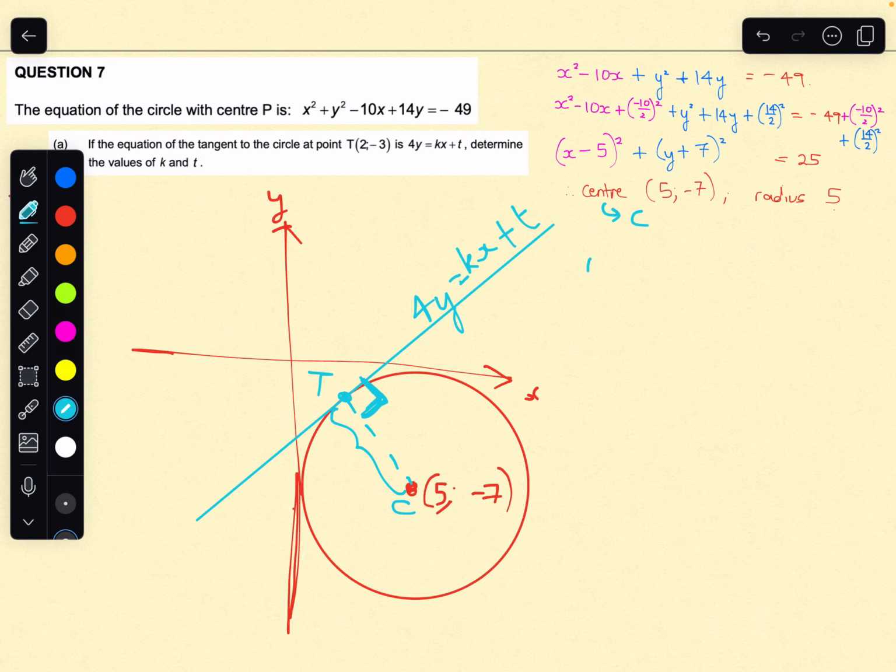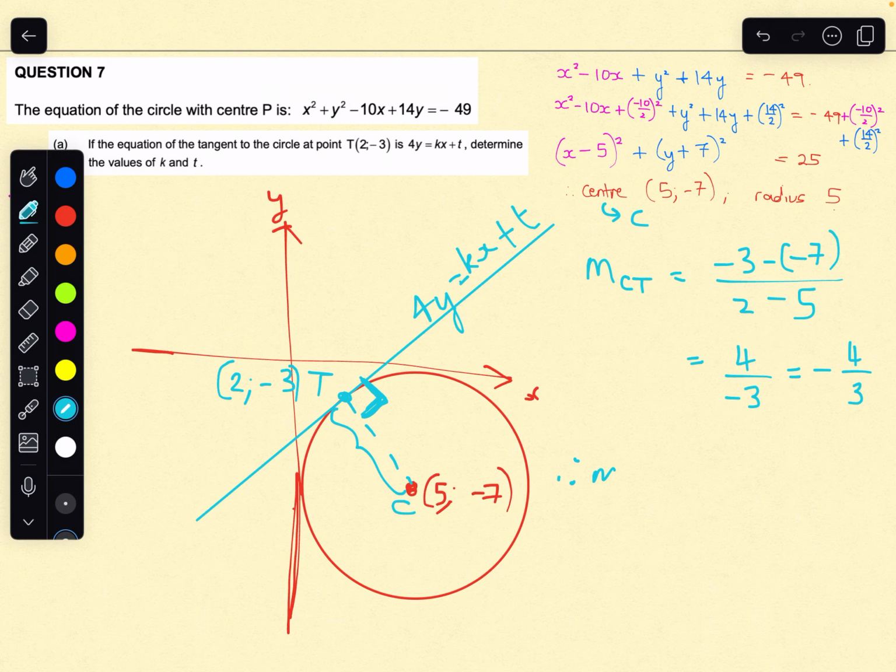The gradient of CT, and our T is (2, -3). So it's going to be (-3 - -7) over (2 - 5). That is -3 + 7, which is 4, divided by 2 - 5, which is -3. So the answer is -4/3. And so therefore the gradient of the tangent,